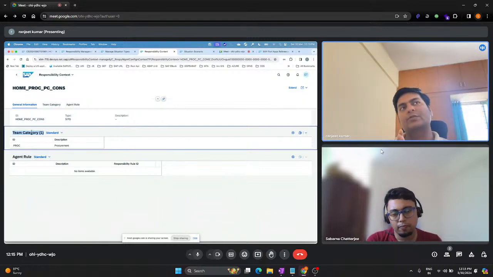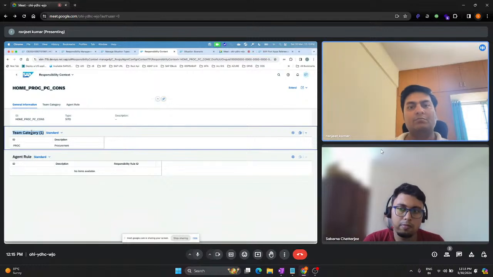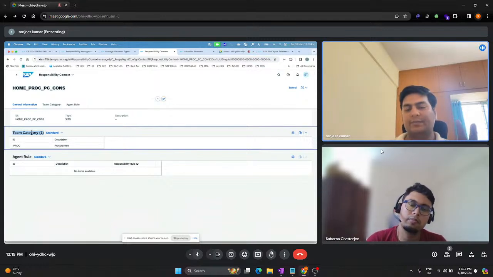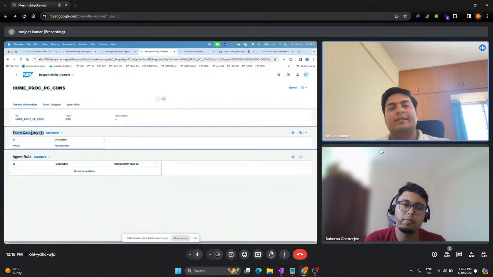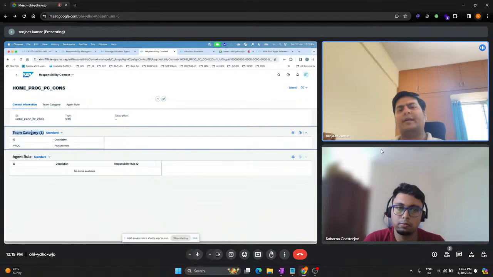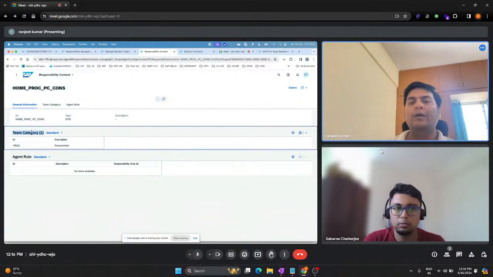Now, when you don't know, suppose you have a workflow where you need to send a notification to the people who belong to company code 1010 and GL account 1035. Today we have five people in this company code and GL account. Tomorrow it might be possible that somebody from a different vertical can associate to your vertical for some business requirement, and then the number will increase. It can be 6, 7, 8, 9, 10. So we can't say very precisely that this is the number of persons who will always be part of this team. Or maybe you have five team members today, and another person can leave and join some other vertical in the same organization.